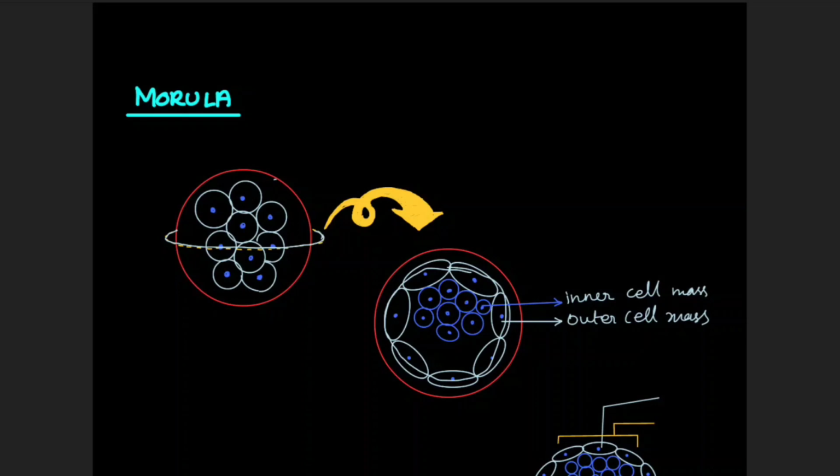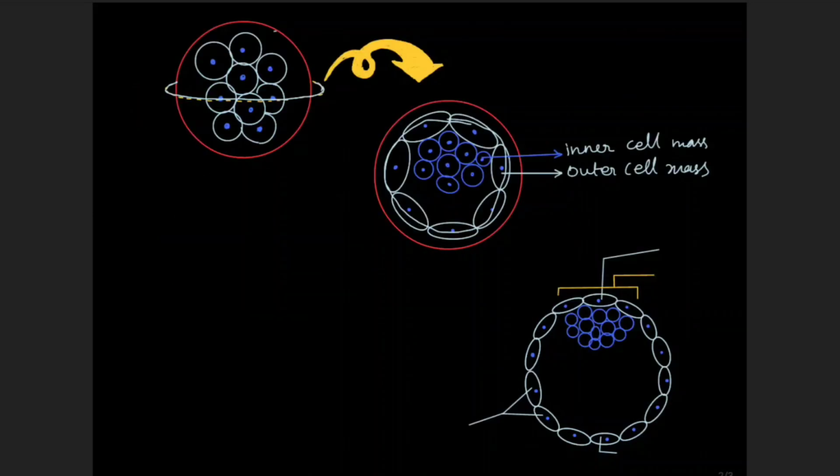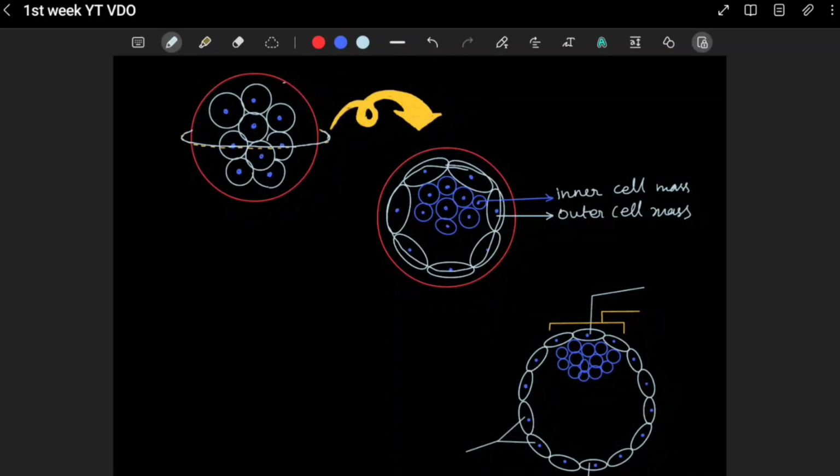So what happens is the endometrial secretions, or the uterine milk, will penetrate the zona pellucida and come into the morula. As the uterine milk comes in, it forms confluences with the interstitial spaces, makes the inner cell mass more compact and pushes the outer cell mass into the periphery, making it a bit flattened. Consequently there will be the action of trypsin-like enzymes on the zona pellucida. This enzyme is released by the blastomeres and also the endometrial lining, and it will degrade the zona pellucida during the 4th to 5th day